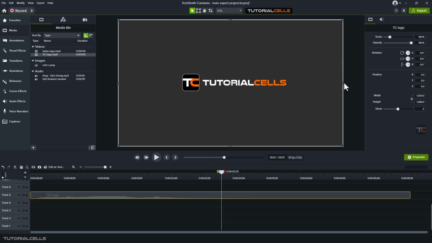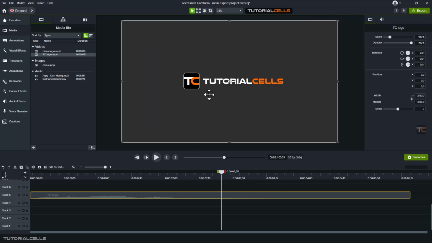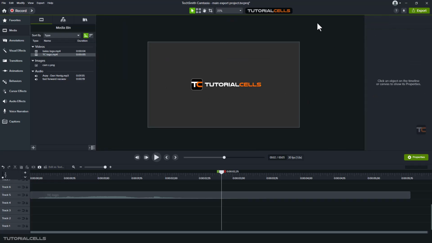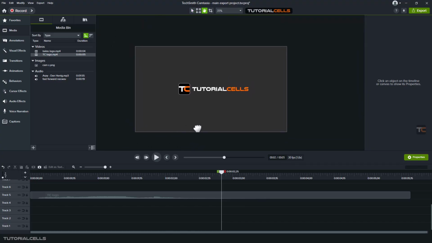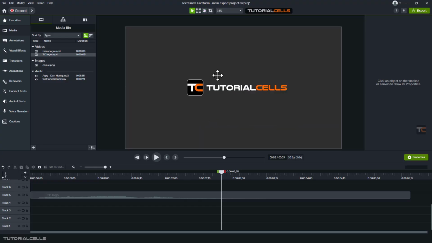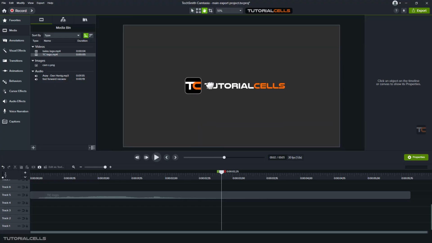This is your canvas. You can see you can access all of the tools here. First, if you scroll up and down, you can change the canvas position. If you're holding your space, you can change the position of the canvas. This is on canvas. It does not change the position of the